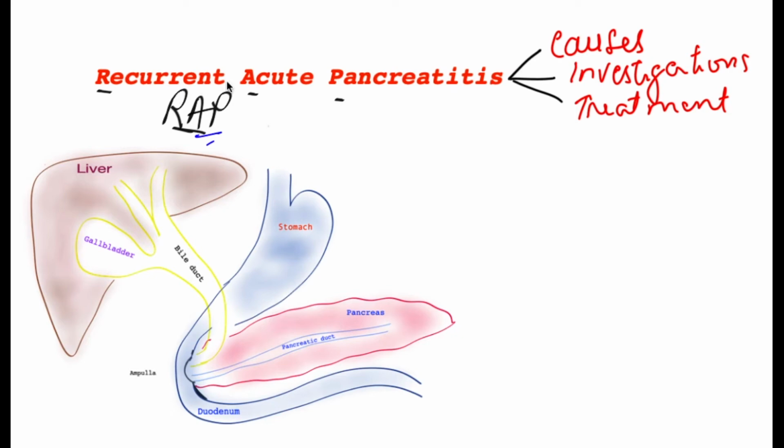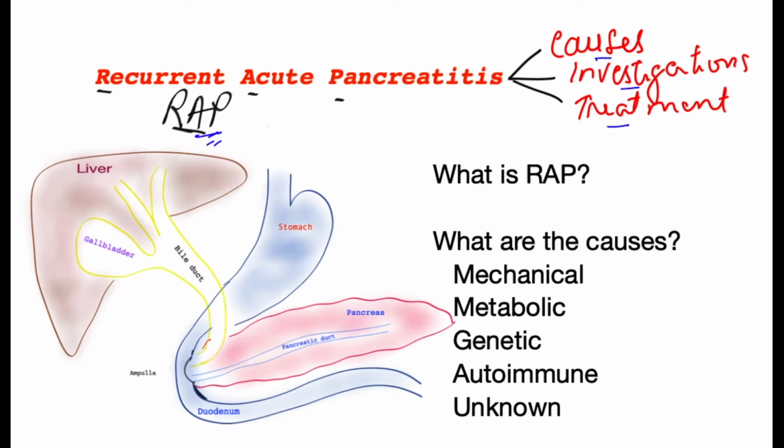In this video, we shall discuss recurrent acute pancreatitis (RAP) in brief. This can be a dreadful condition causing the patient to have multiple attacks of acute pancreatitis. We shall look into the causes, investigations, and treatment. But first, the definition. Any patient who suffers 2 or more attacks of acute pancreatitis is deemed to suffer from